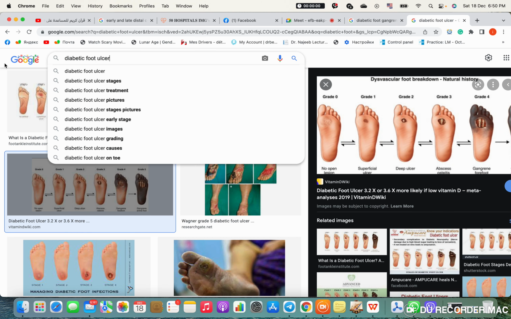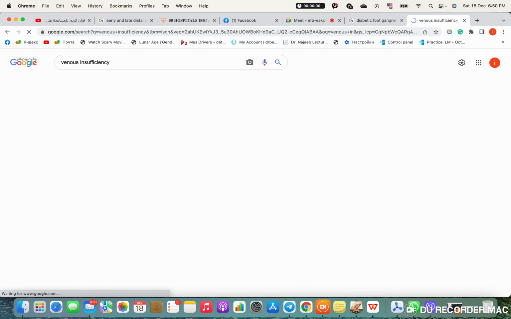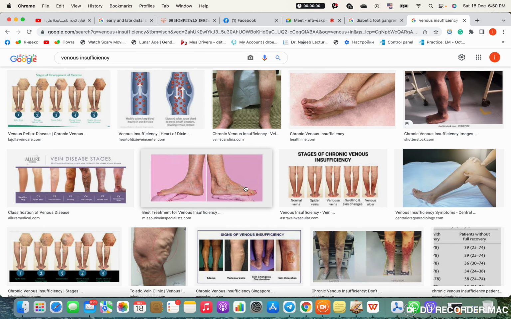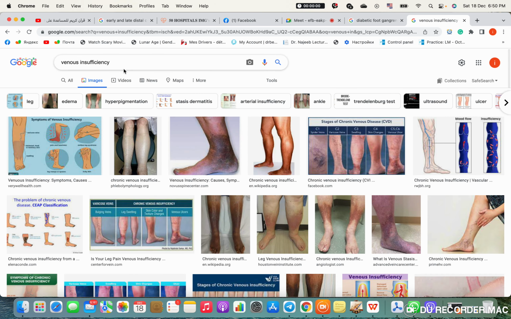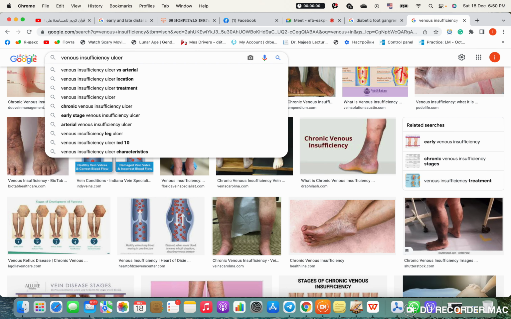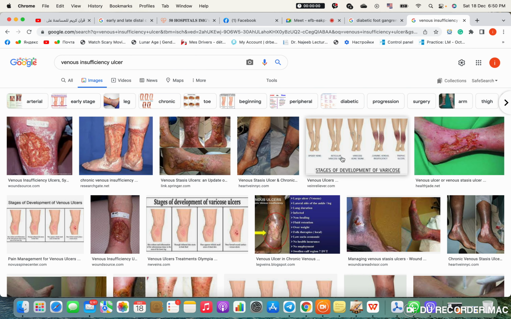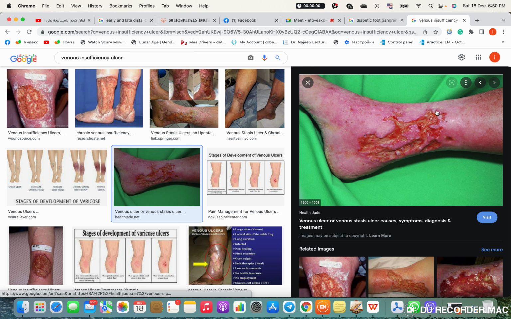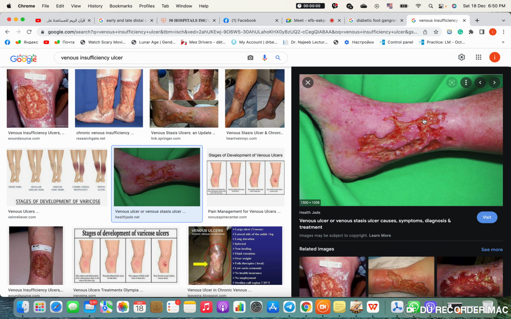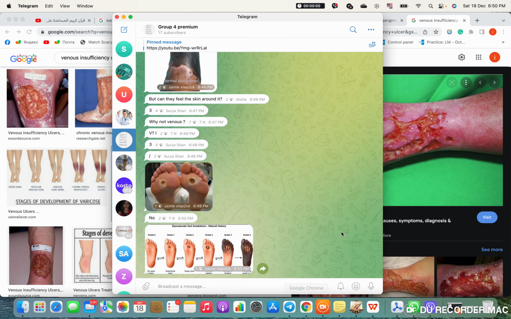Okay, here you go. So the last one is venous insufficiency. In case of venous insufficiency, the lesion will be at the medial and lateral malleolus. So you are like, malleolus? What is malleolus? Malleolus is a prominent bone. Just a second. Let's take a look at the ulcer. Yep. Oh yeah. It will start here. Now a logical question, why in case of venous insufficiency the lesion is here and not at the tip of the finger? Well, I will be telling you it's gravity mediated.